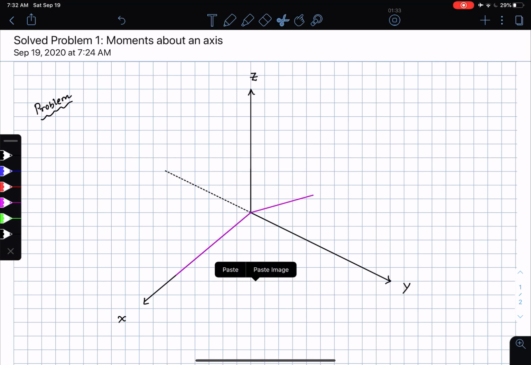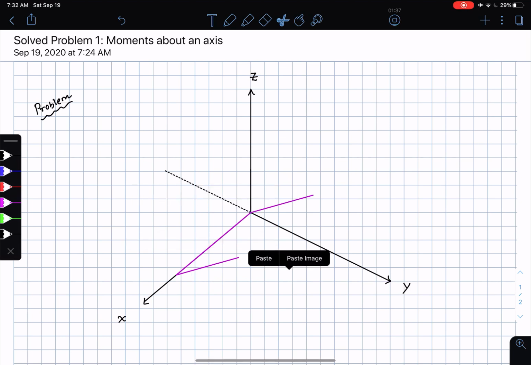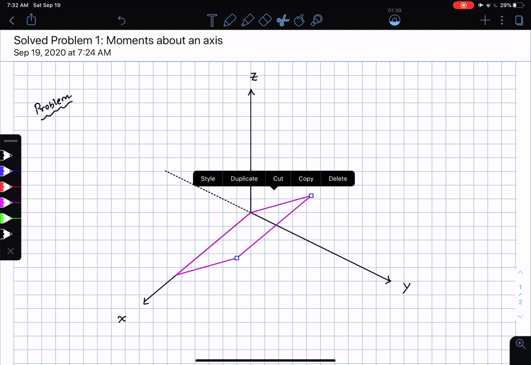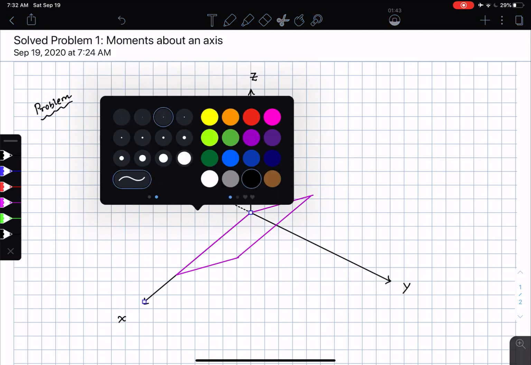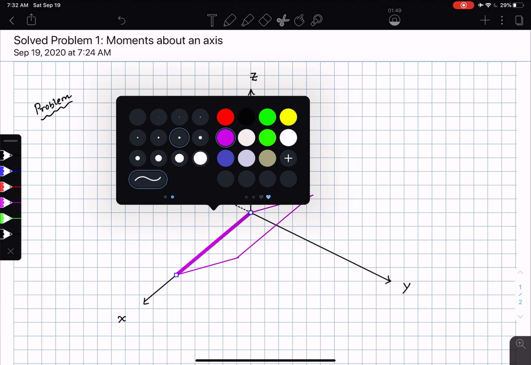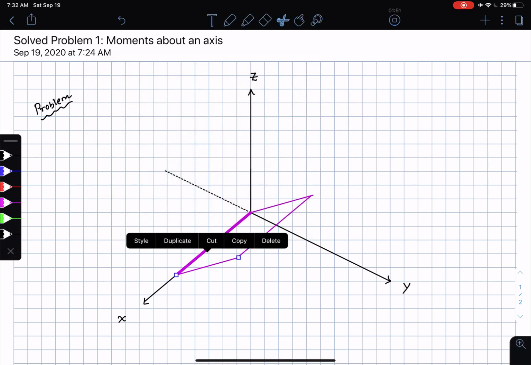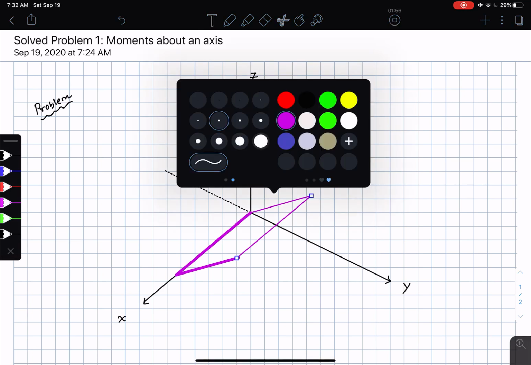I'm going to copy that and paste that here, and then paste that right here, and then let me increase the size of these lines a little bit. Let's hope that it looks like an actual door. Okay, so it's going to be this way,